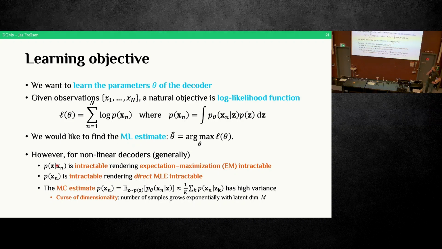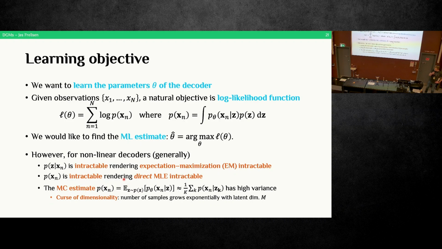One thing you could then say is, oh, you learned about Monte Carlo estimates. And of course, we could do a Monte Carlo estimate of this thing. We could just sample my latent variable from the prior, and then use that to do a Monte Carlo estimate of the log probability. But it turns out this has super high variance due to the curse of dimensionality. So basically, the number of samples needed to get a good Monte Carlo estimate of this grows exponentially with